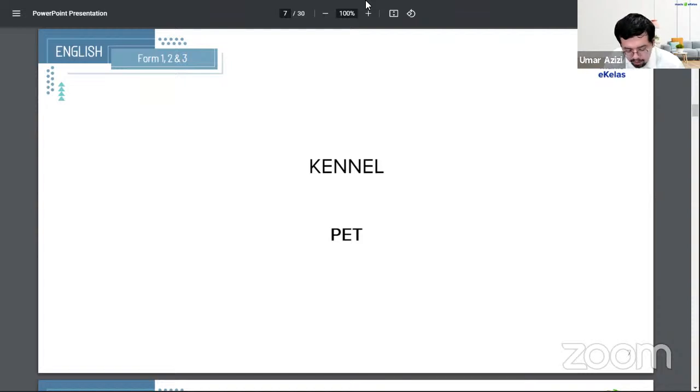Hang Boon wrote, I built a kennel for the pet. That is a statement, but it's a slightly rough sentence. You would want to write, I built a kennel for the pet, for my pet, for the pet. Who owns this pet? For my mom's pet. Or if you want to maintain that, as in I will build a kennel for the pet, that would be slightly more correct in that sense. I don't want to say it's more correct. I want to say it's